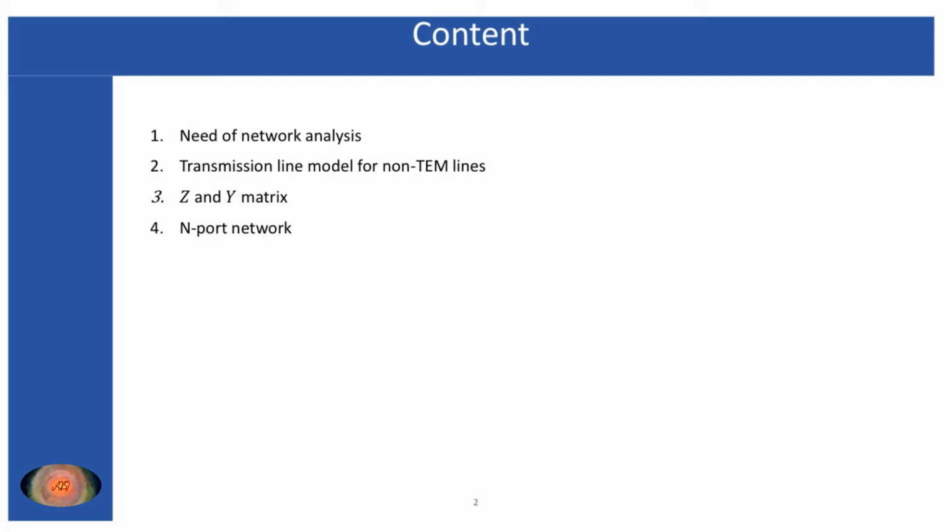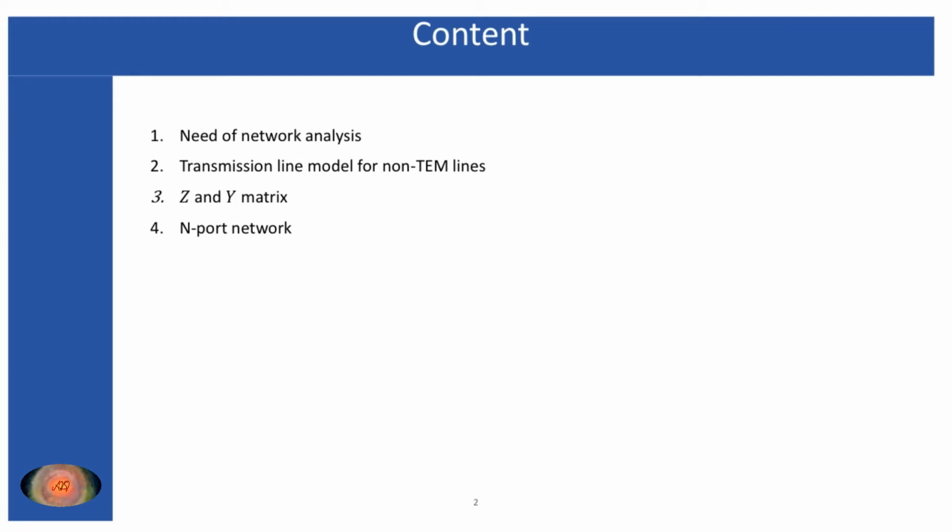The main advantages of finding an equivalent model like the transmission line for the microwave circuits are the application of the Z matrix and Y matrix and all other circuit theory models which we generally use for low frequency signals. So all those circuit theory models we can easily apply for microwave circuits or microwave signals if we have that kind of model. So the Z and Y matrix for the microwave circuits I will discuss over here, and thereafter the N-port networks.